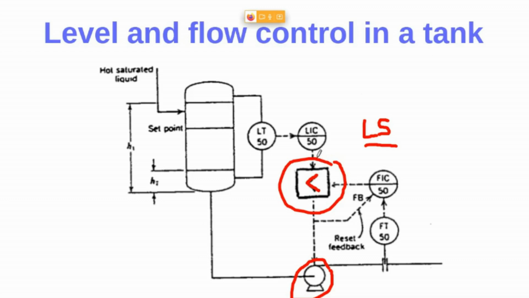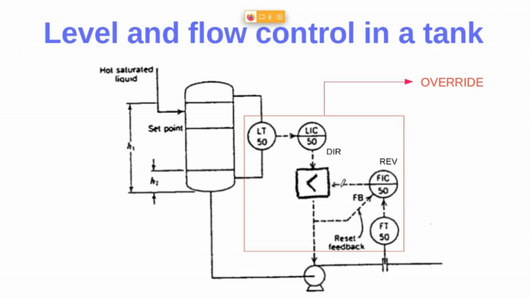As you can see here, we have two controller actions, because this is the output of the level controller and this is the output of the flow controller, right? So because we have a selection between two controller actions, we have an override control structure, right? And what is this override controller action used for? Well, this override control structure and all override control structures are used to protect the actuators, because typically